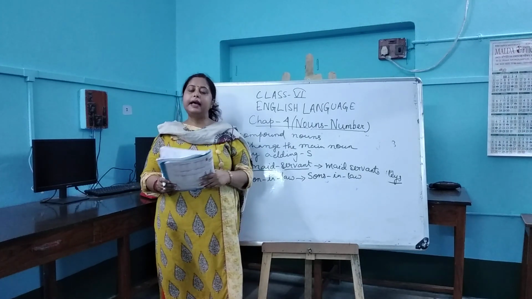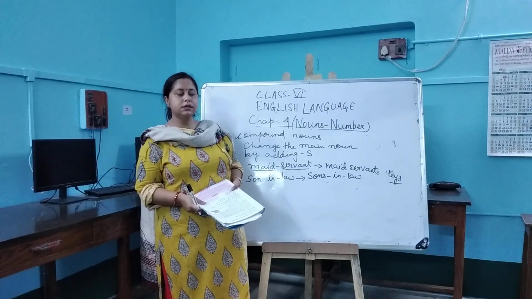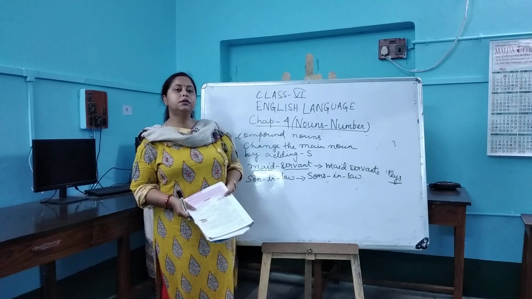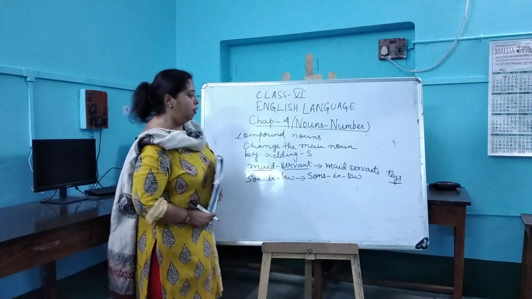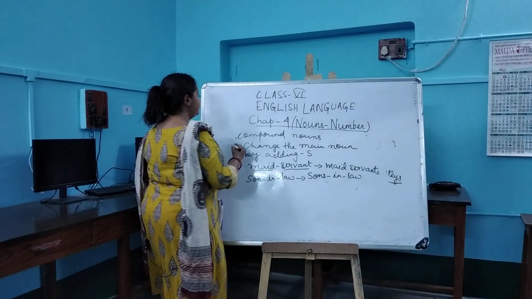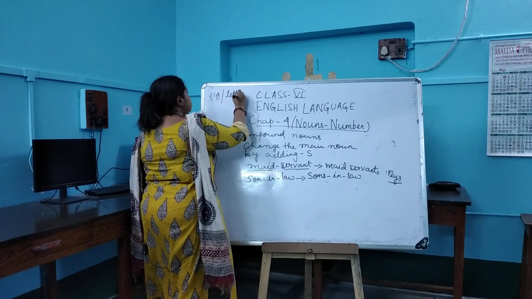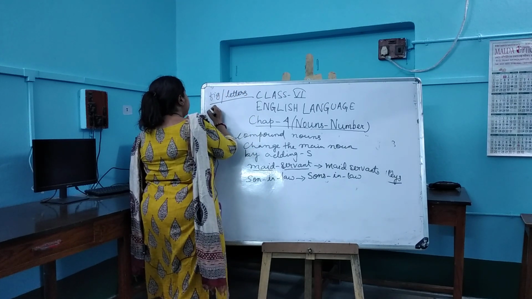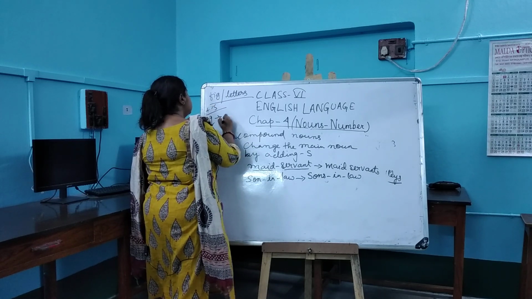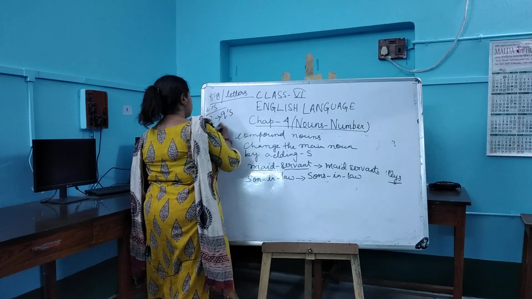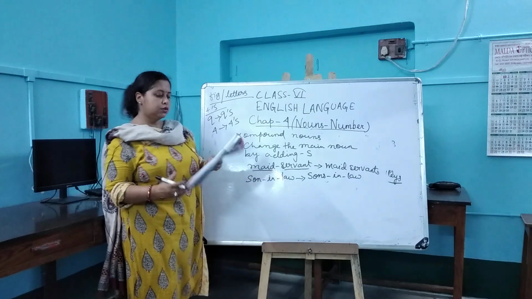Now the figures and letters. In the case of figures and letters, when we change them from singular to plural form, we just add apostrophe s. Like Q, when we change it into plural form, Q's; fours, 4's, in this way. Okay.